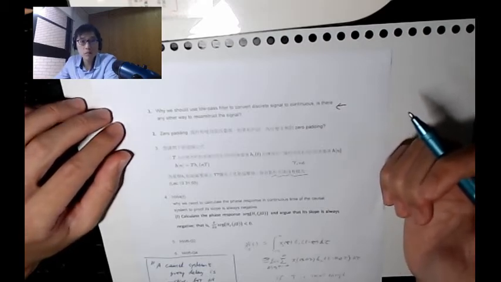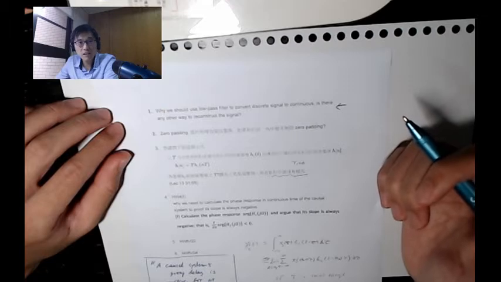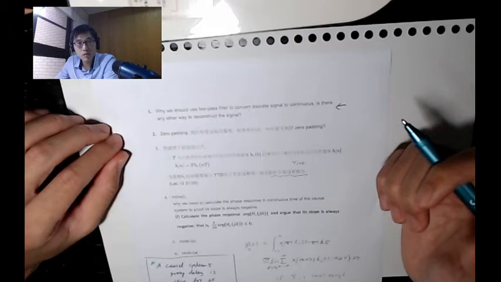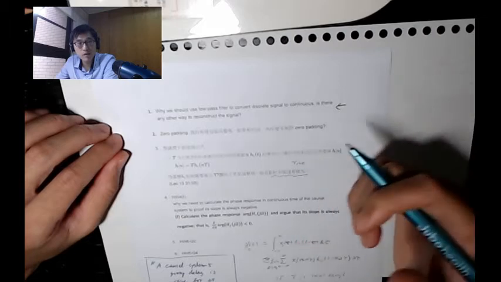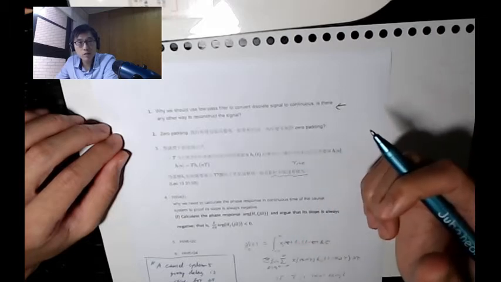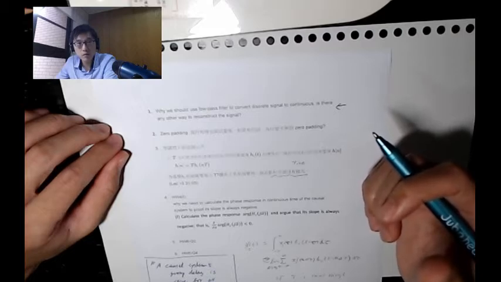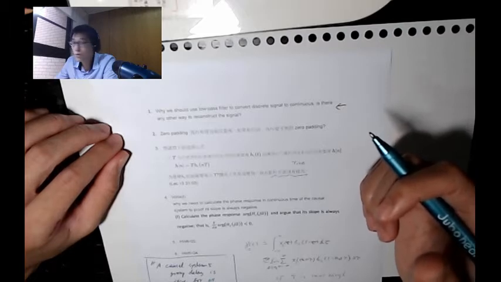Because I don't recall covering this topic in this course, but instead we cover this topic in my other course, my audio signal processing course. So I wonder what's the context under which you have this question in your mind. Zero padding, usually, that's what we do when we use, for example, fast Fourier transform to accelerate convolution in time.